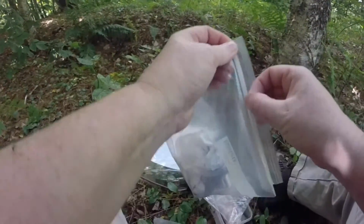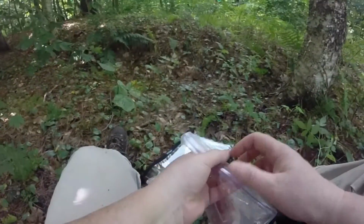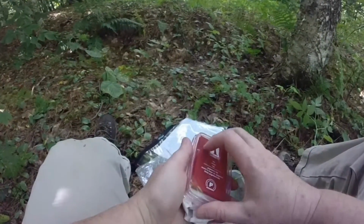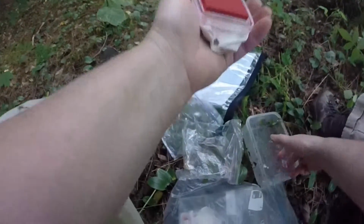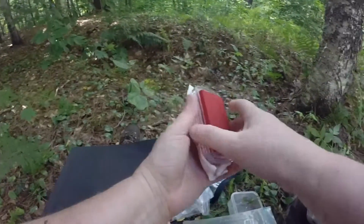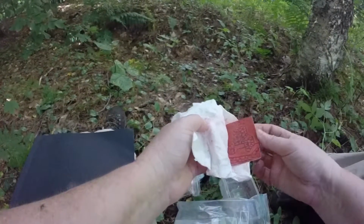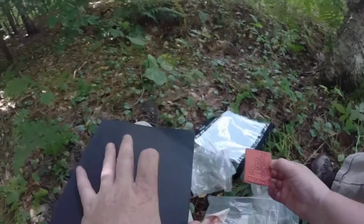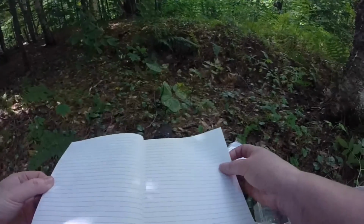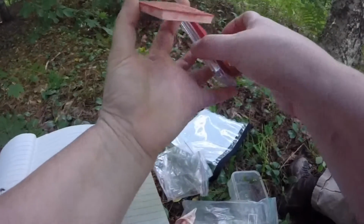The really exciting thing for me is that now I get to take the stamp that is from this box, which gives me two things. It lets me collect the artwork from this box, and if ink is provided in a box, I always use the ink that they have, even though it may not be important, but I like to use the ink that's in the box if it's provided. And this is another hand-carved stamp, and it shows the CCC fireplace. And so I turn to a page in my book. I'll ink up this stamp,